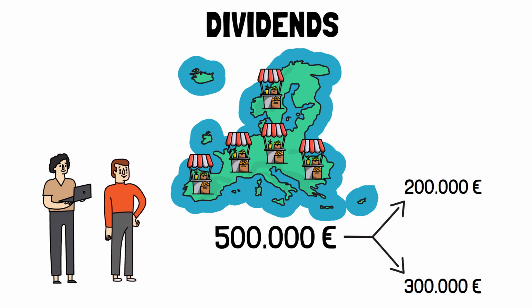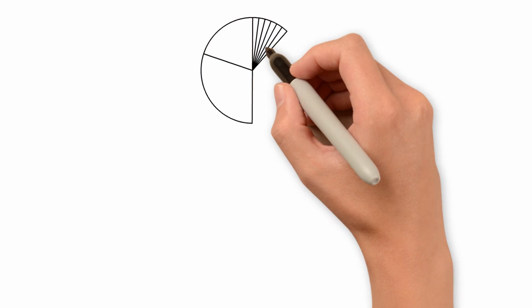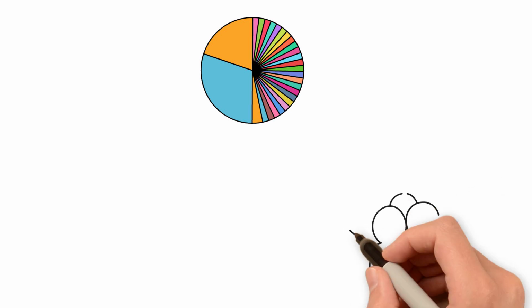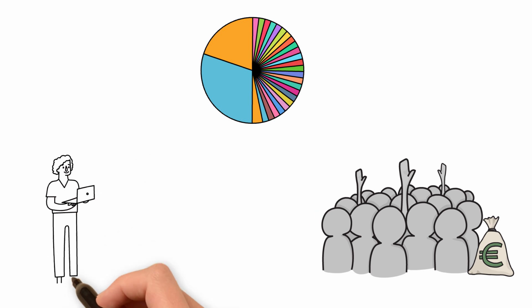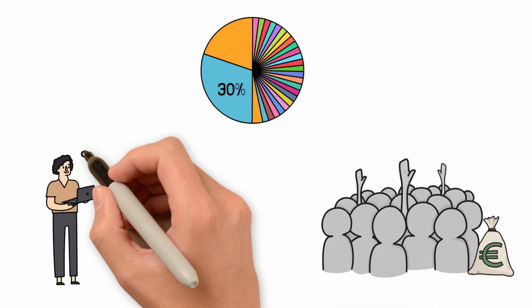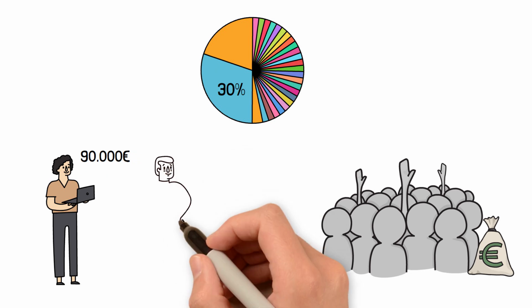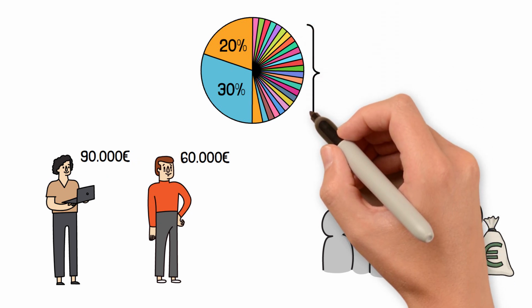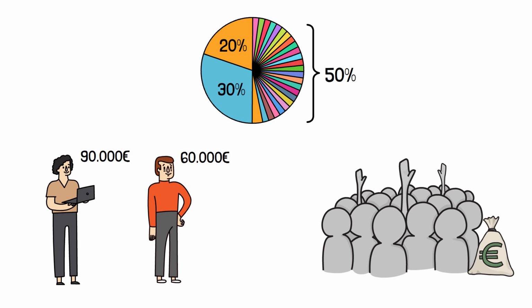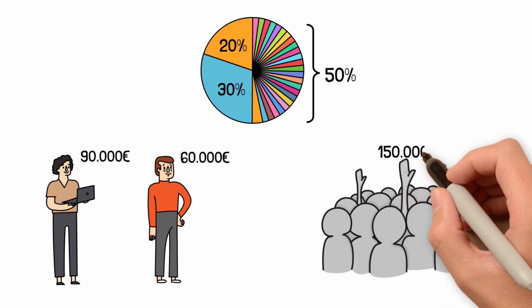This is what we will call dividend distribution. Then, depending on the percentage of participation of each person in the company, they would receive the dividends, so we understand that dividends are nothing more than a part of the value of the profits of a company that is distributed among its shareholders. If Peter has 30% of the company, he gets about 90,000 euros, while Albert, who has 20%, gets 60,000 euros. The rest of the shareholders, among whom the remaining 50%, about 150,000 euros, would be shared,